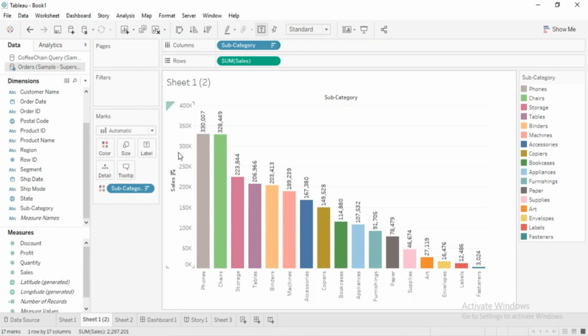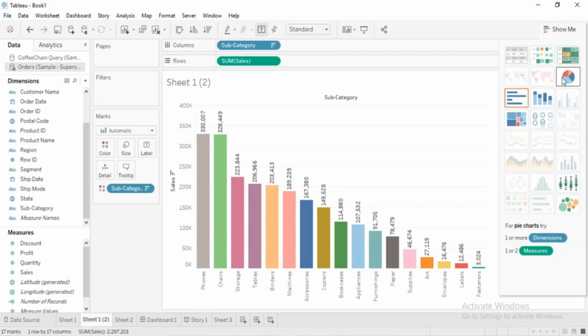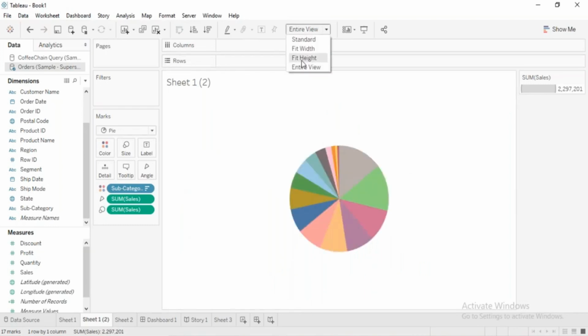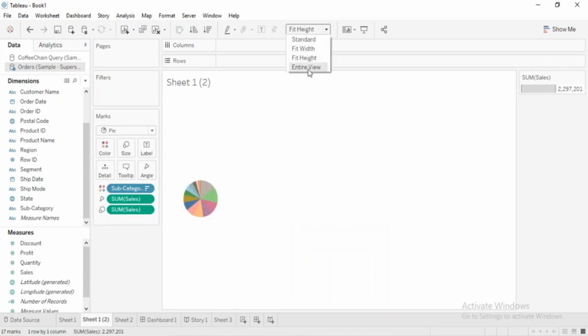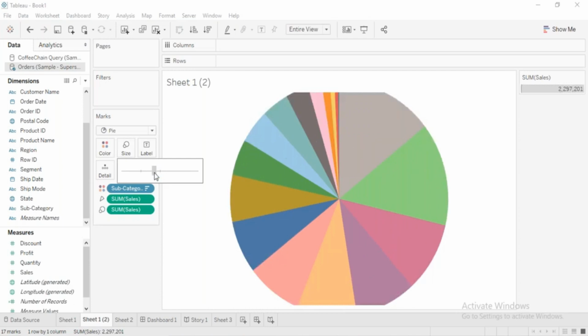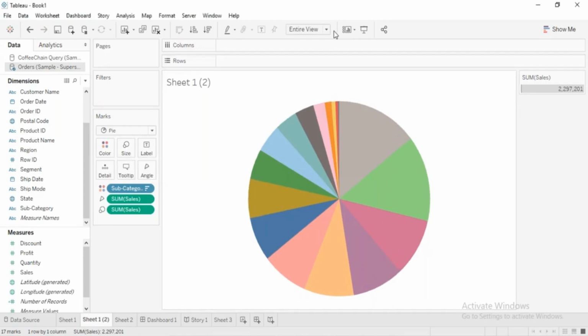And this is for fixing this axis. You will be a little confused now, we'll cover it in the sessions. And I will remove this legend. I will just connect the pie chart. So see here, fit width in the sense, horizontal it will stretch, fit height in the sense, height, entire view in the sense, full view. Like this it will stretch it. And like this you can zoom in or zoom out how much graph you want. So next option is,